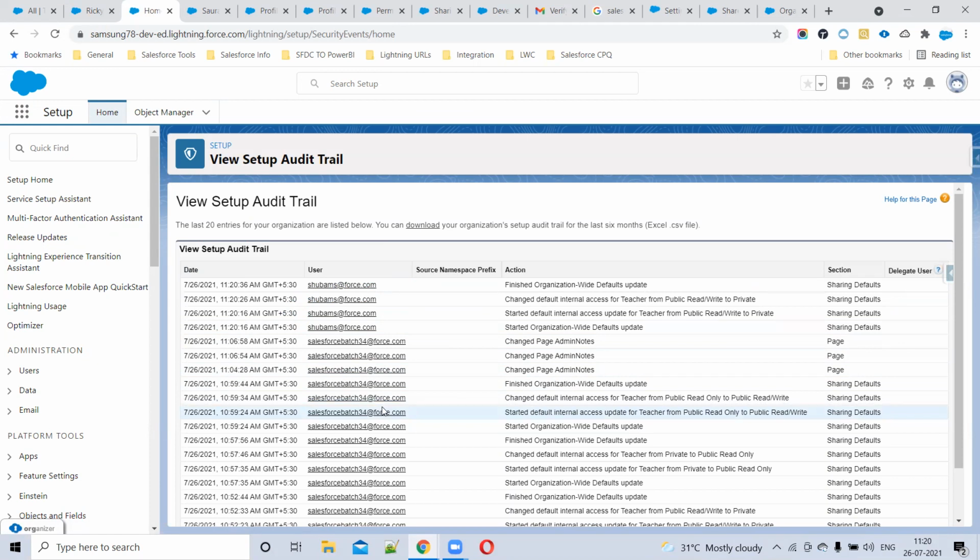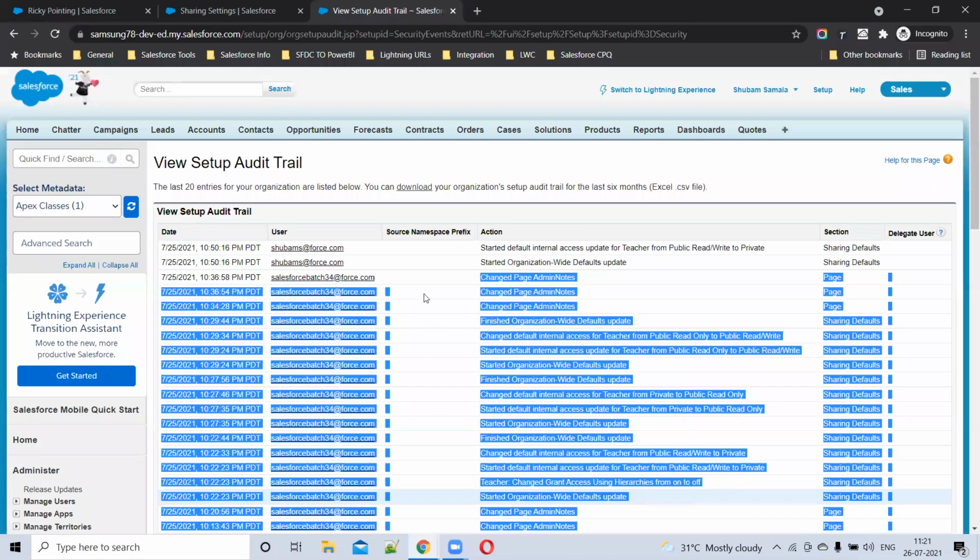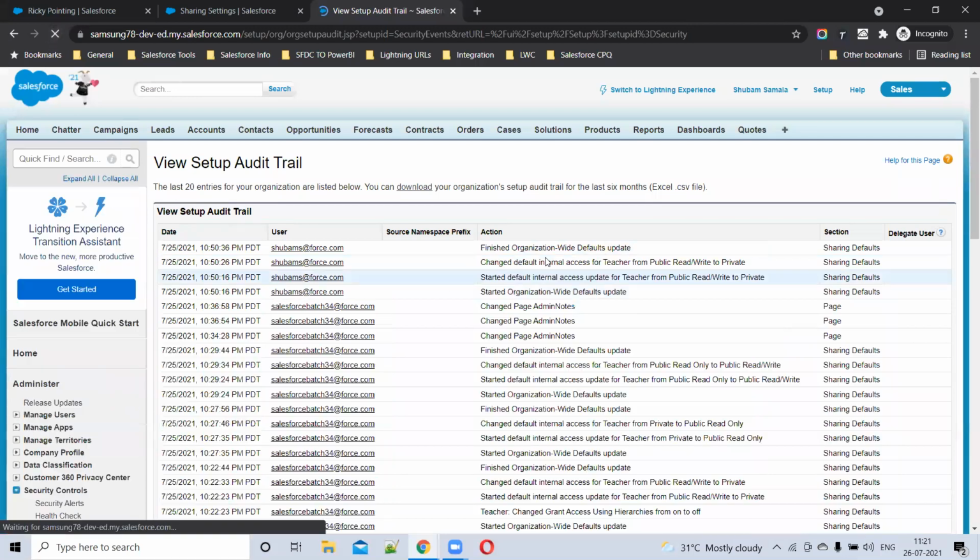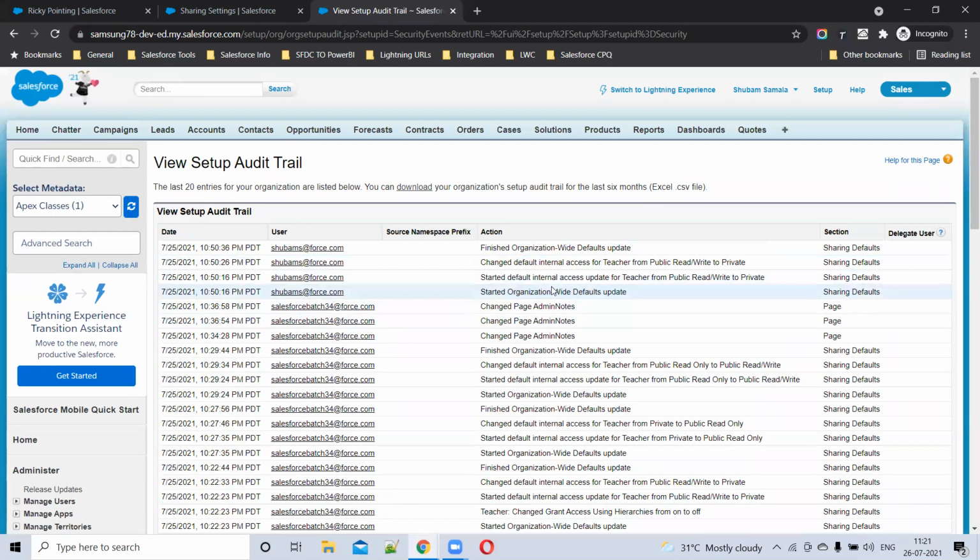Admin can see all the users' audit trail. Not only admin, madam. Shubham is not admin, he's a manager profile, but he can also see the audit trail and other information.